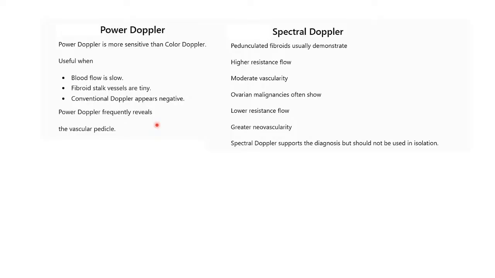So it can differentiate, it can localize. Power Doppler is very magical when it comes to these masses. So you must have an interplay of all the types of Dopplers for you to get the answer. The spectral Doppler,